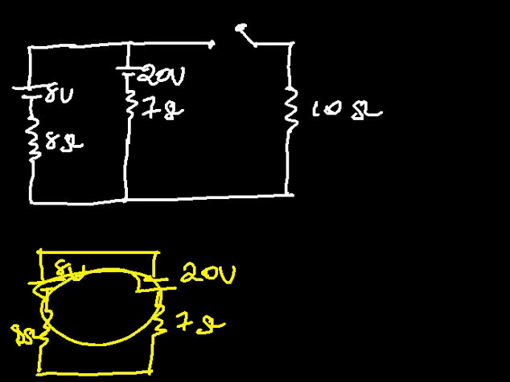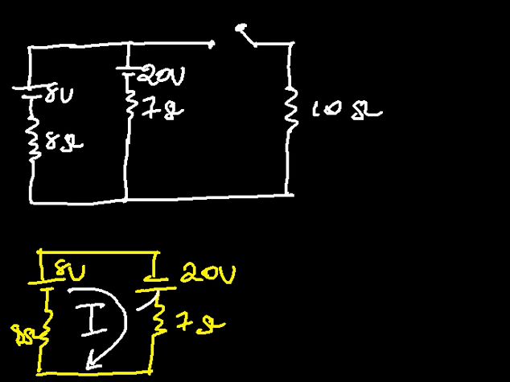So this case will be done using Kirchhoff's law. Let's say the current flows in that direction, given as I. Now you can see this is just a single loop, so we just label it as I without calling it I1 or I2. Then I times the resistors, we have 7 plus 8,